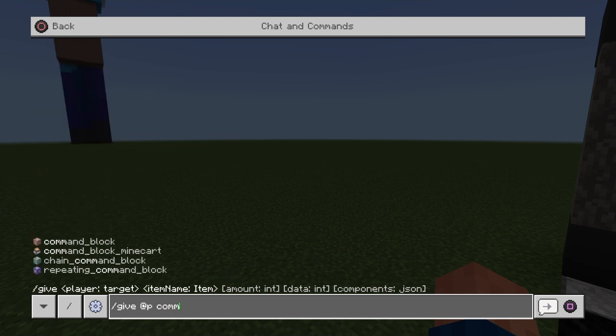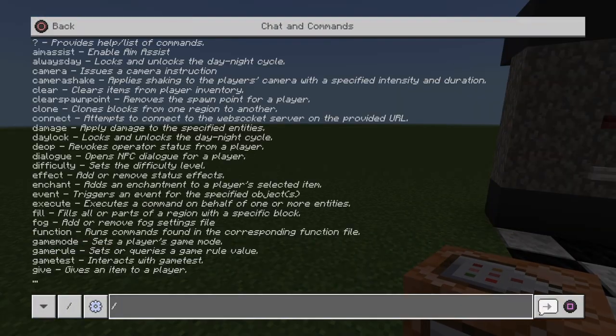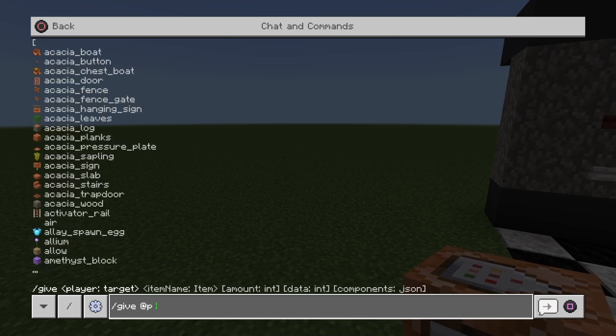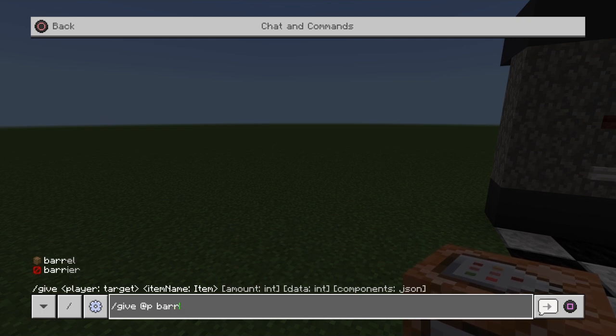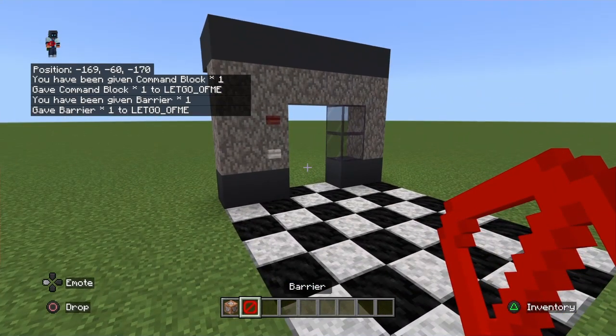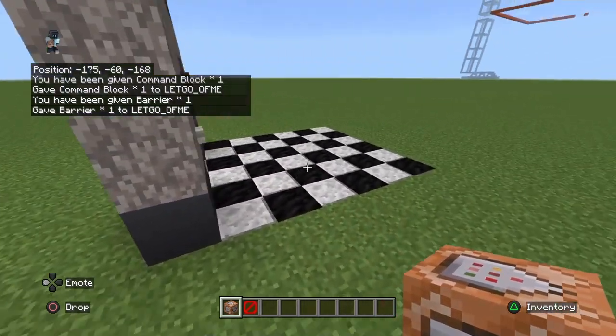Where's command? God, has it really been that long since I've ever wanted a command block? Want a command block, because one counts for all. And what I like to do also is I like barriers. We want a barrier. This is for later, but so the first thing we want to do is normally you'd put this somewhere